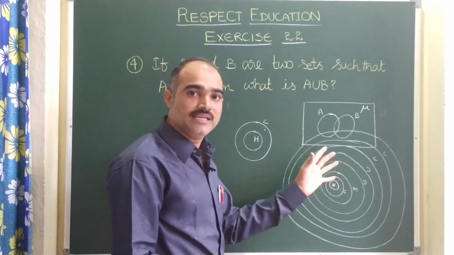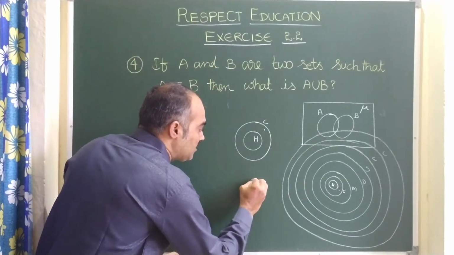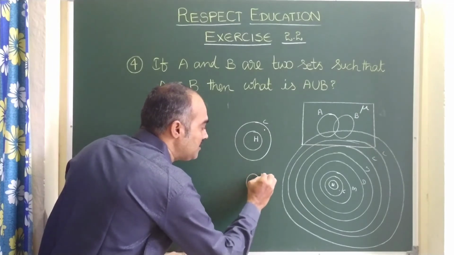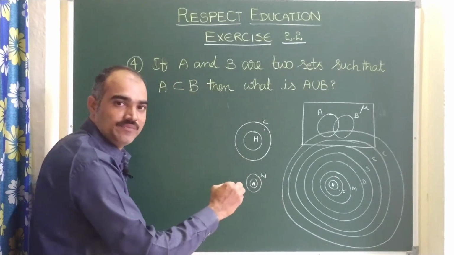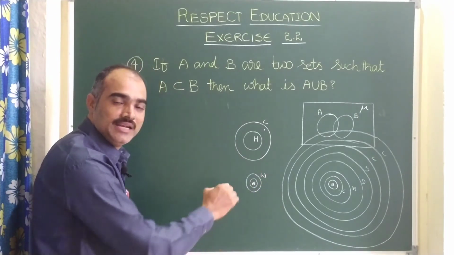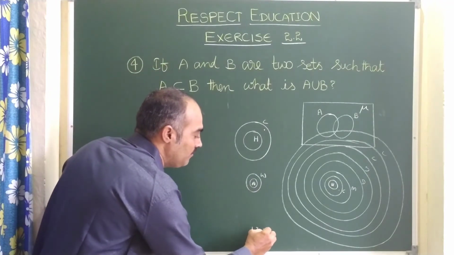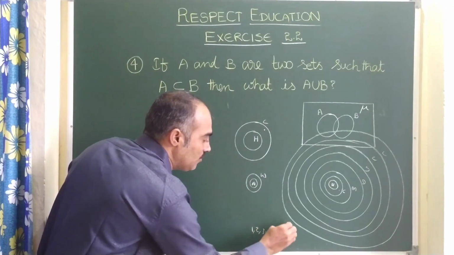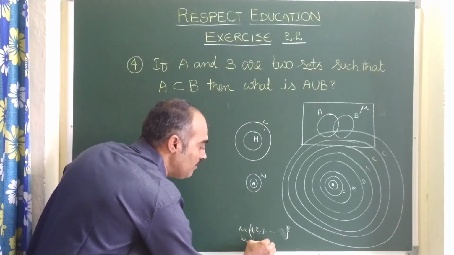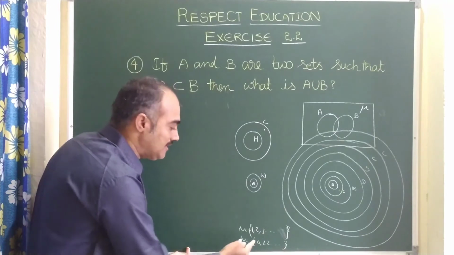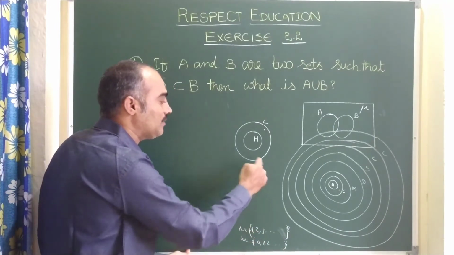Is it clear? If you see the number system, children, the set of natural numbers is a subset of whole numbers. The difference is that only one element is extra for whole numbers. What is that? 0. Natural numbers start from 1, 2, 3, 4, and so on. This is the set of natural numbers. Whole numbers start from 0, then again 1, 2, 3, 4. That means one element, 0, is extra, more than in N. That's why N is a subset of W.